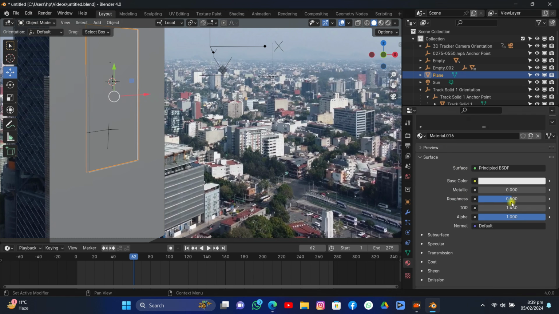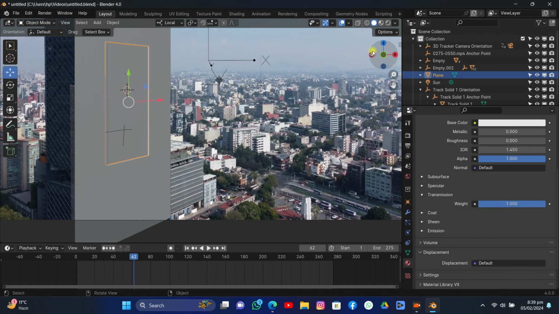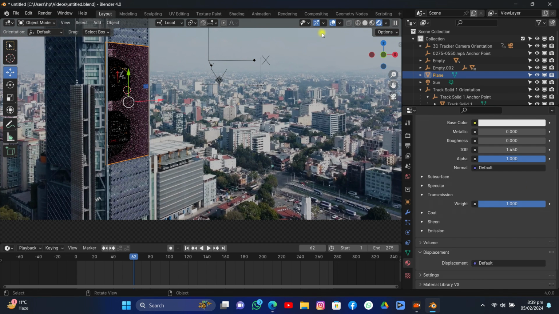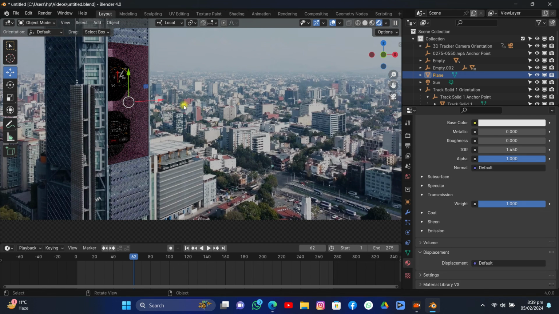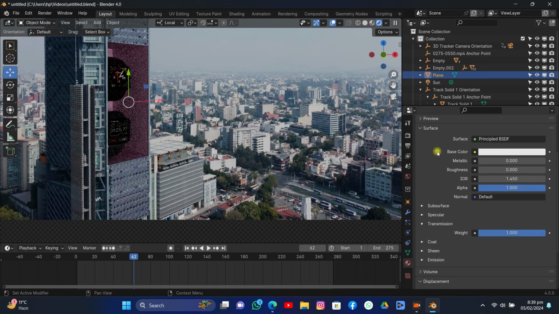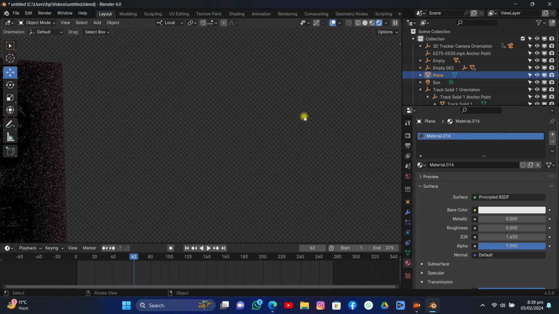Just go to camera view, and now what we're going to do is give it a new material, and we are going to crank down the roughness and turn on the transmission of this, and just turn everything off to see what is going on. And yeah, I think